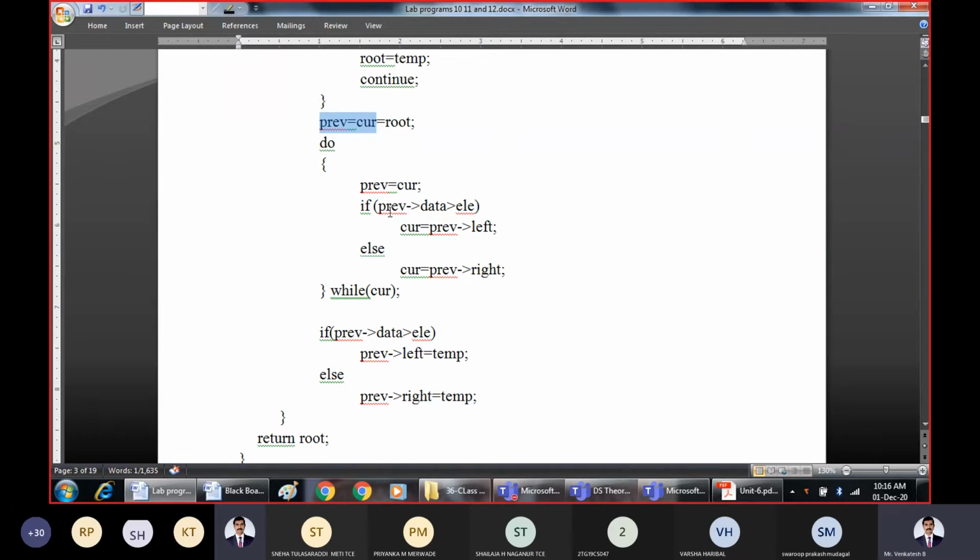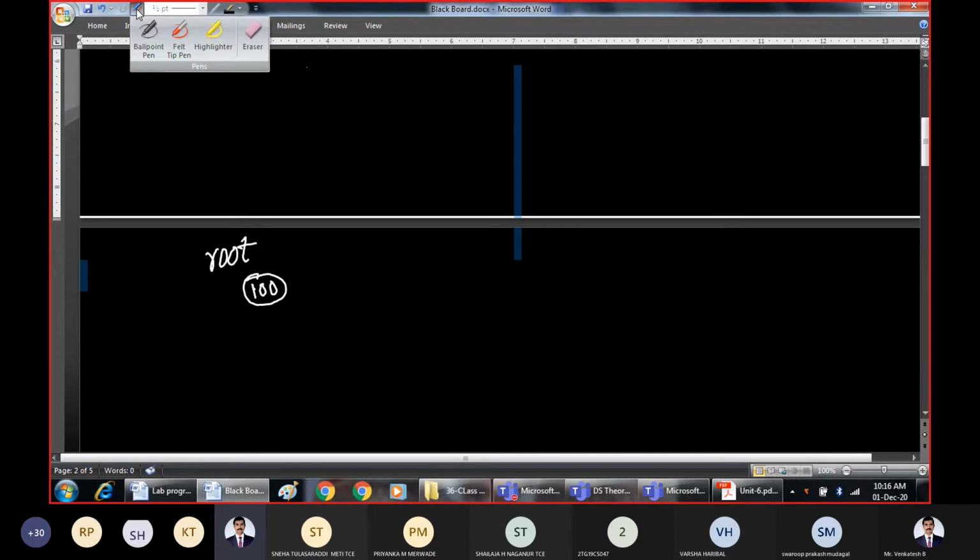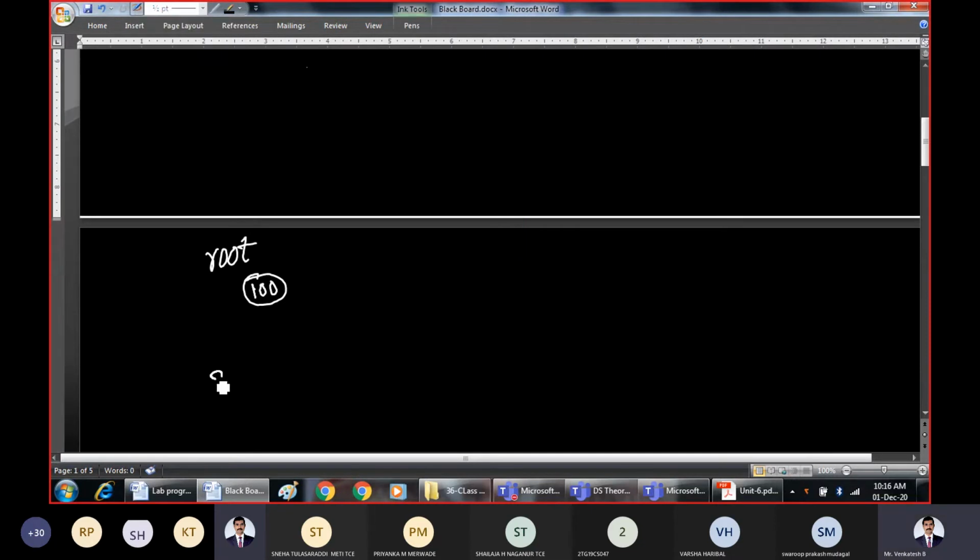If previous pointer data is greater than element... assume the element you want to insert is 200.